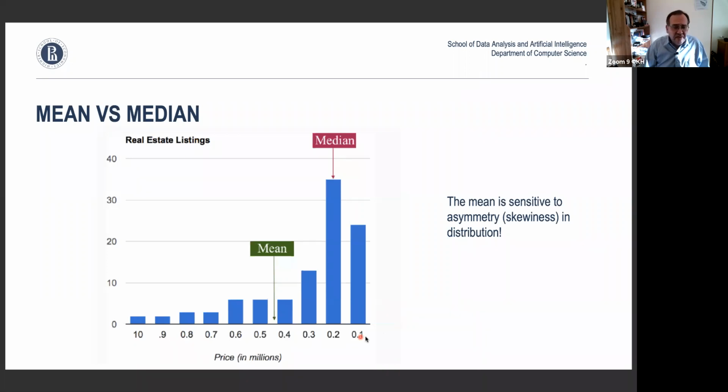So people often use mean, but typically when you deal with statistics, you want to check median. Now, if you check both mean and median, if they're next to each other, most likely you have some nice symmetric Gaussian distribution. If they're far apart, you need to pay attention. Does it make sense?